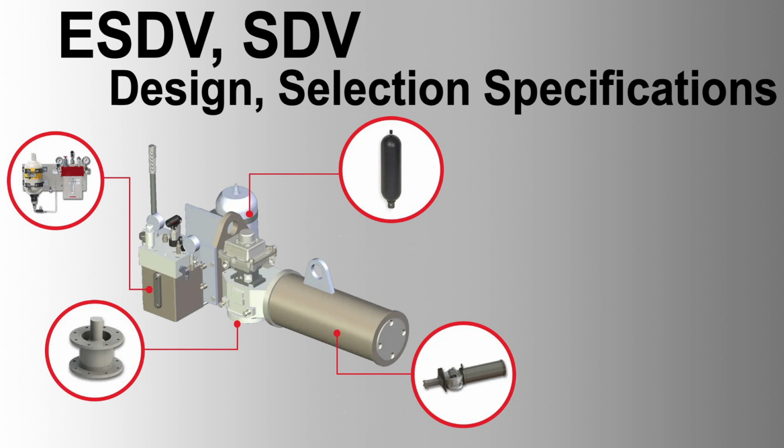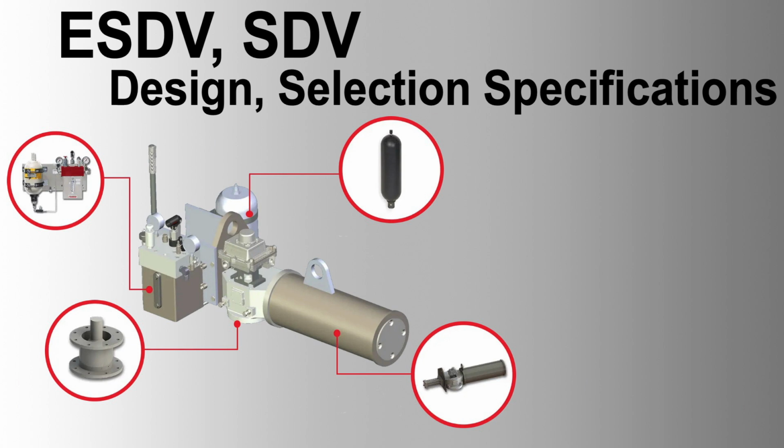Pressure relief: incorporate pressure relief mechanisms to handle unexpected pressure surges and prevent valve damage. Redundancy: in critical applications, use redundant valves or systems to ensure safety and reliability. Safety integrity level: select valves and components that meet the required SIL for the specific application, ensuring compliance with safety standards. Conclusion: